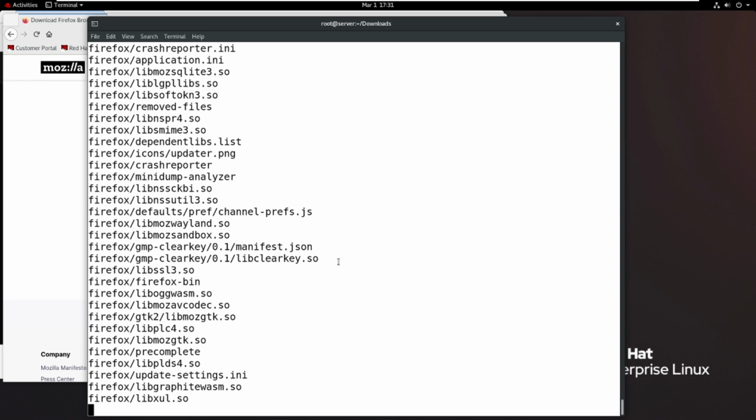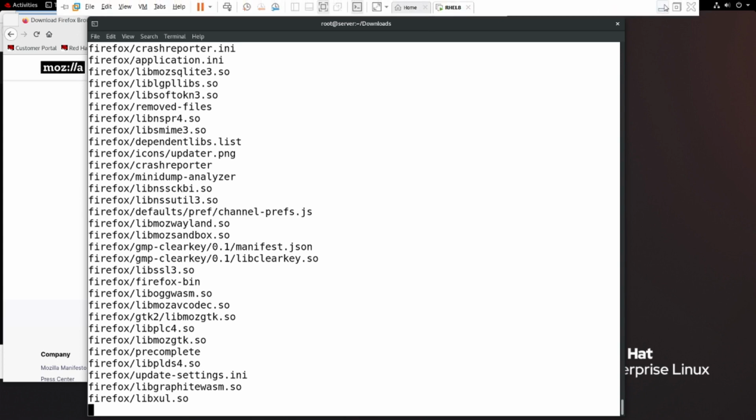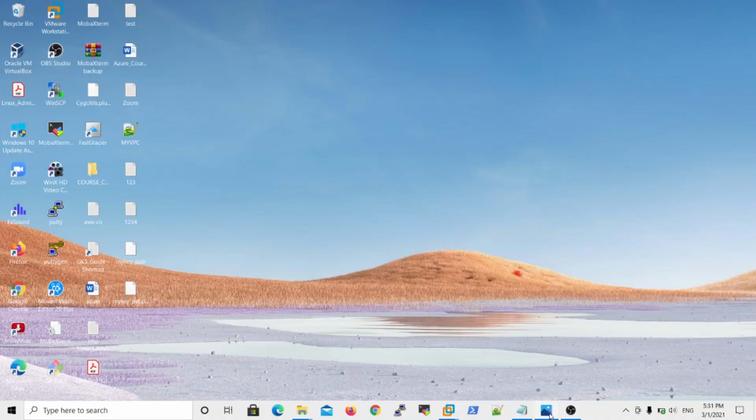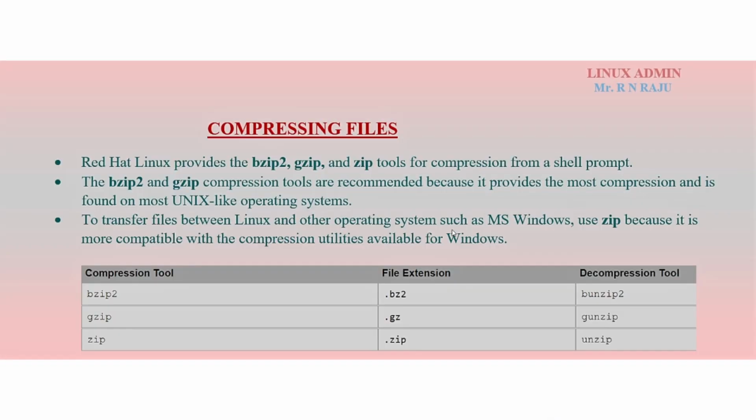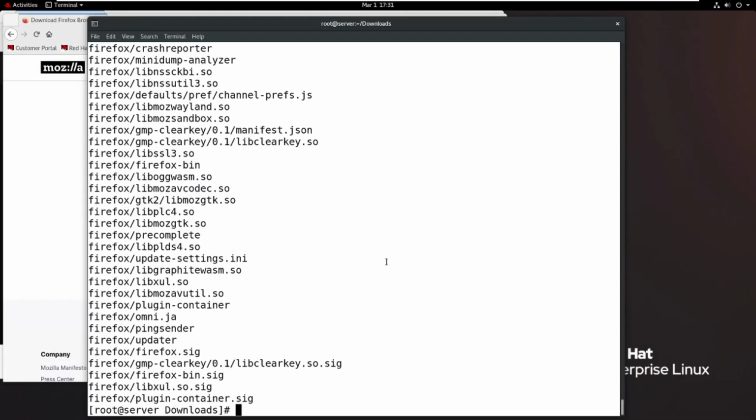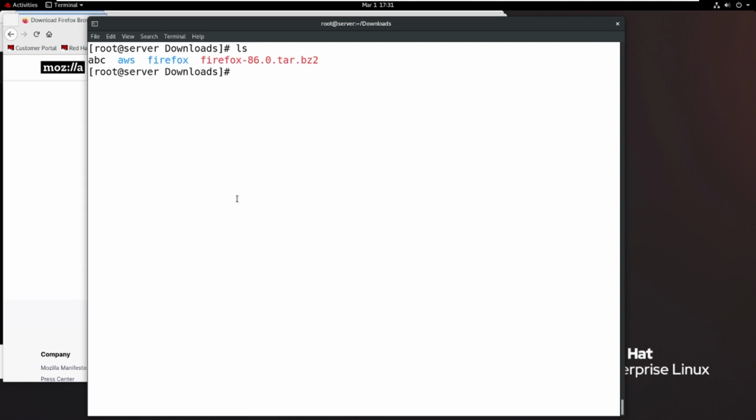Almost all internet software, Linux related software extensions, are .bz2 or gzip, only .gz. So only three kinds of extensions, I told you already. What are the three kinds of extensions? Mostly .gz or .bz2, but in a very rare case .gzip extensions. Right, now successfully extracted. So now the Firefox folder is extracted.